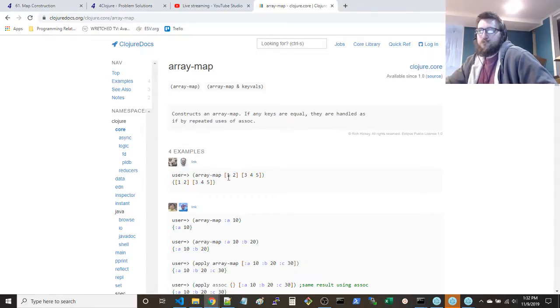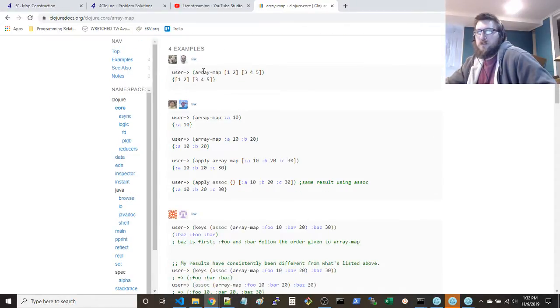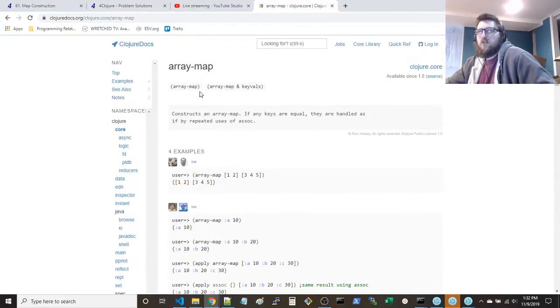Interesting. So this looks like it's the same thing as a hash map.